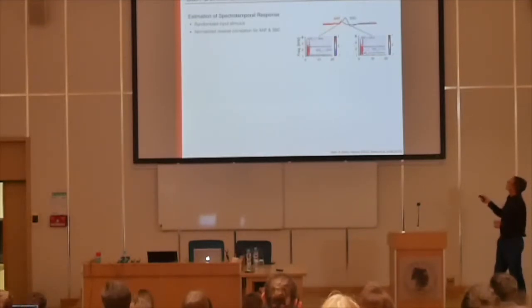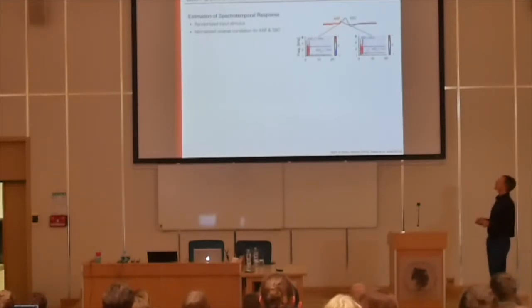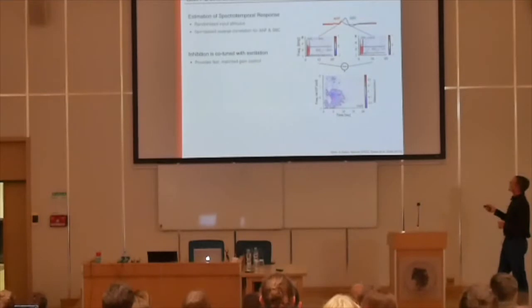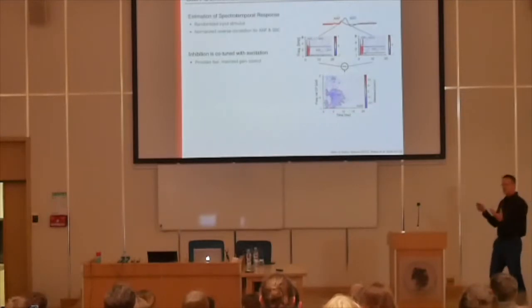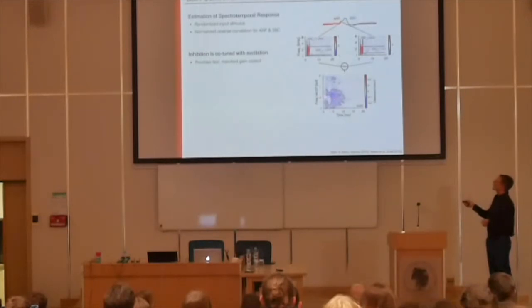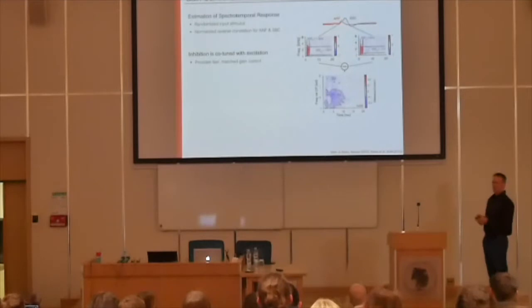And so if you do this, then you get here the presynaptic kernel and the postsynaptic kernel. On the individual cell level, you don't see too much. I mean, you see it's a little bit narrower in frequency. You have a little bit of a negative part here. If you average over many cells, you see that, if you center it on the preferred frequency of the cell, you have an inhibitory action that is centered mostly on the preferred frequency of the cell, and then more or less symmetrically distributed around it, and integrates stimulus information over 10 milliseconds.